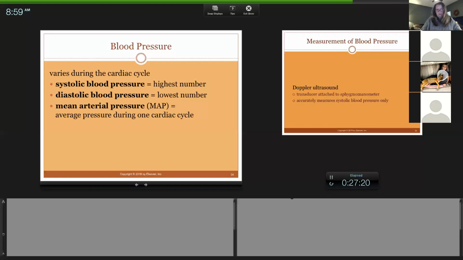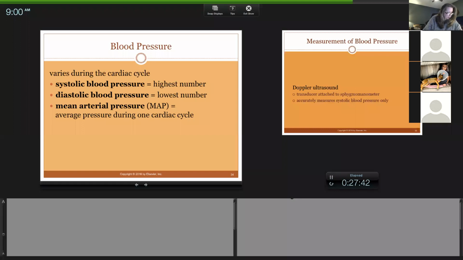When it starts going below 60, the body starts to shift blood away from organs like the kidneys and the intestines, and it's going to defer that blood to the heart, brain, and lungs. The body is starting to go into survival mode, so it has to prioritize. It can't get blood everywhere.